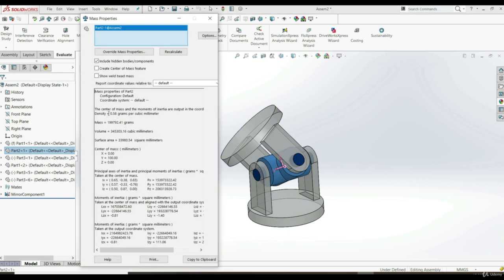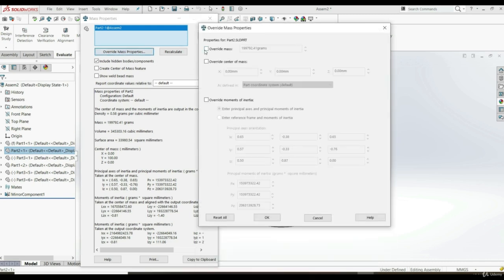So we have density 0.58 and we have mass 199,792. If we want to change this mass to 100,000, we can just go here, override mass properties, and check this box, override mass. And let's put in